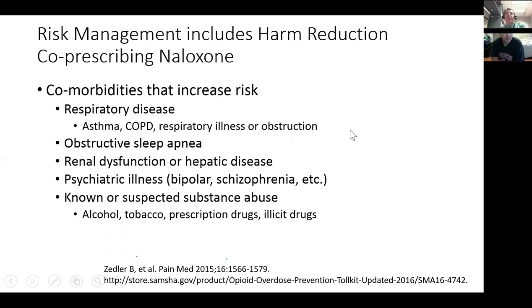I'm gonna say that one of the things that we need to be thinking about is that our harm reduction needs to also include the co-prescribing of naloxone, just like we've begun to be doing in our patients with chronic opioid therapy for chronic non-malignant pain. We need to be thinking about these risk categories in our patients with malignant pain or in the palliative medicine setting. And in fact, I would say that patients in our patient population are even at enhanced risk for opioid-induced respiratory depression or